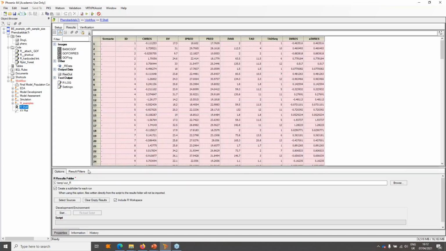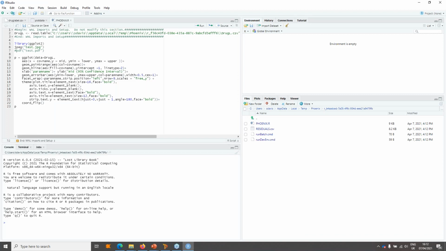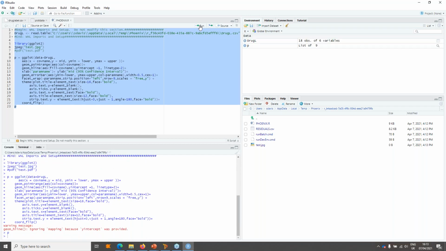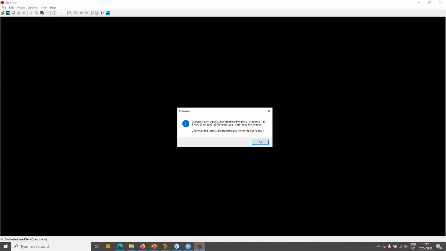If I wanted to debug this, I could start the development environment. And I've got that set up to use RStudio, but you could use other tools. There's the native R GUI. We can see the file has been set out here, these batch commands, and the Phoenix script. And then I could take that script, click run, like I would do normally in RStudio. And it's going to go off and run that through and produce